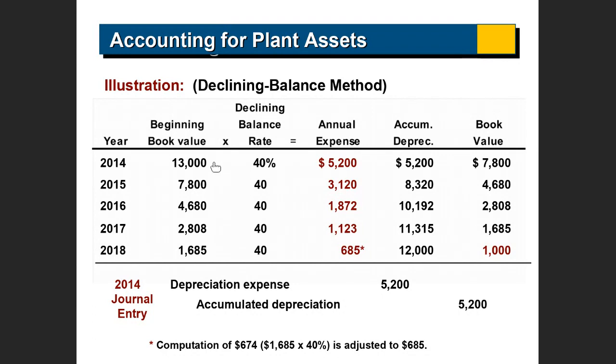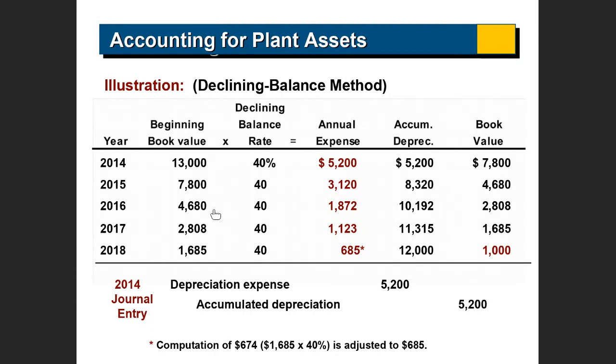Okay. 13,000 times 40% is 5,200. So that's the first year's depreciation. Now, this accumulated depreciation is subtracted from the cost. 13,000 minus 5,200 equals 7,800. We take that and multiply it by 40%. Whatever we get is going to be the second year's depreciation. We subtract that from the remaining book value and we get